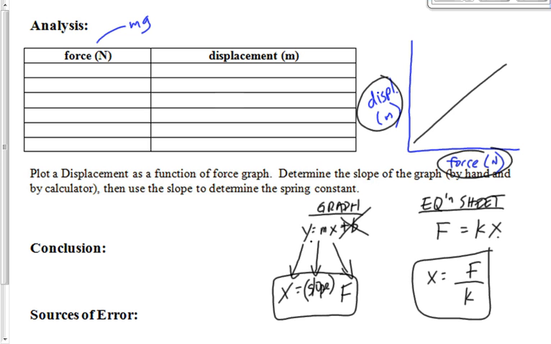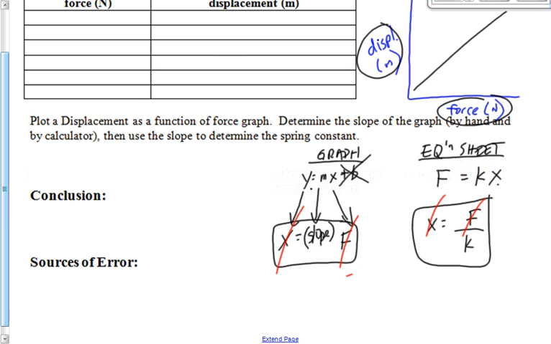Now, here's the crux of it. It's not the hardest part of it. Okay, we're through that. But it's the crux of it here. Cross off x because it appears in both. Cross off F because it appears in both. We're left with the slope on this side and 1 over k on this side. So the slope of that graph represents 1 over the spring constant,